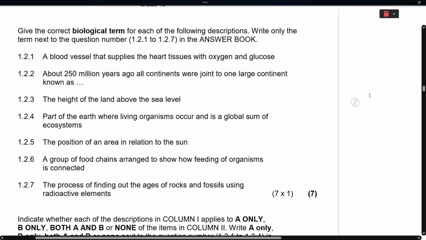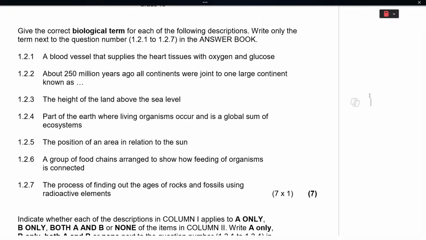We are back. We know that the blood vessel that supplies the heart tissue with oxygen and glucose is the coronary artery. Let me write here. This is coronary artery. So now we are going to